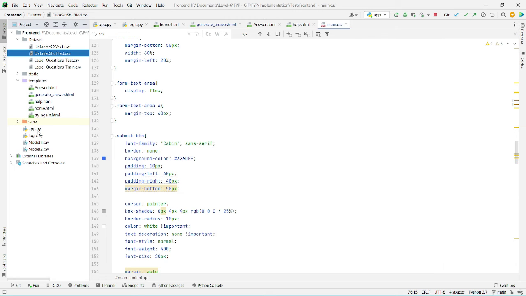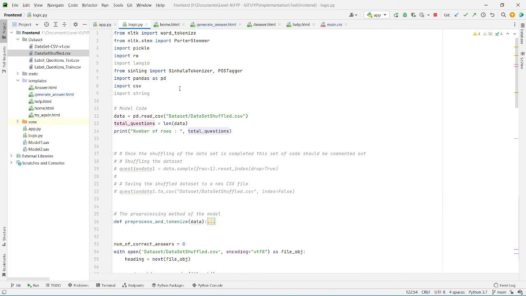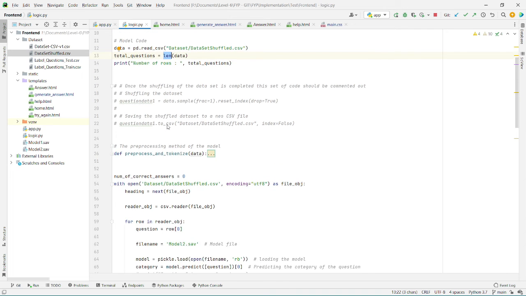Then app.py, the main Python file to run in the class project. And we have the two versions of the model and the logic.py to calculate the system accuracy of the project. If we quickly look into the logic.py, the dataset is loaded here, and then the length of the dataset is gotten from the len attribute.